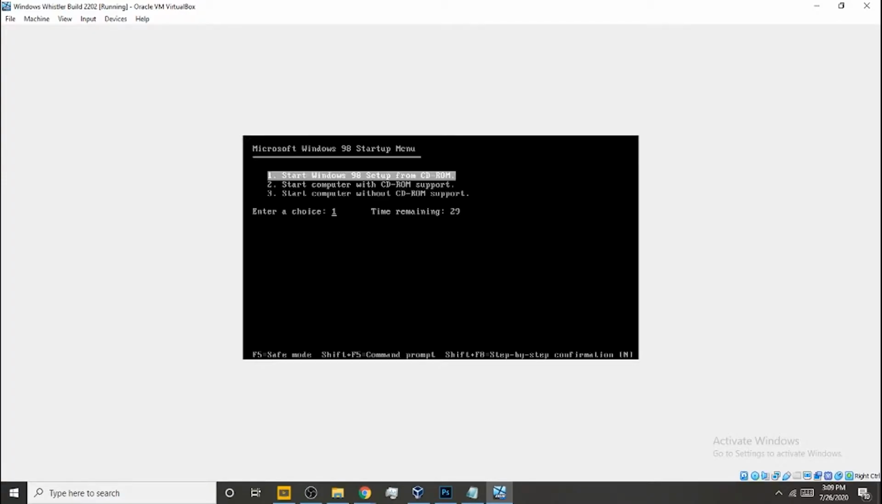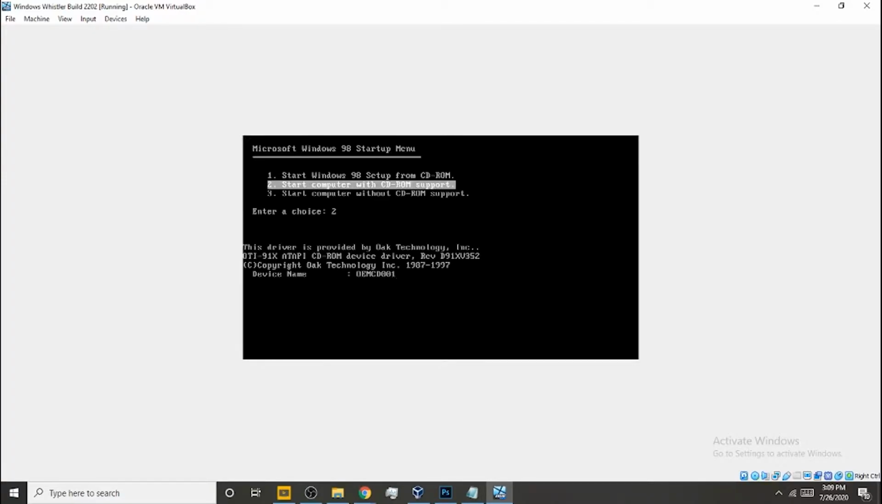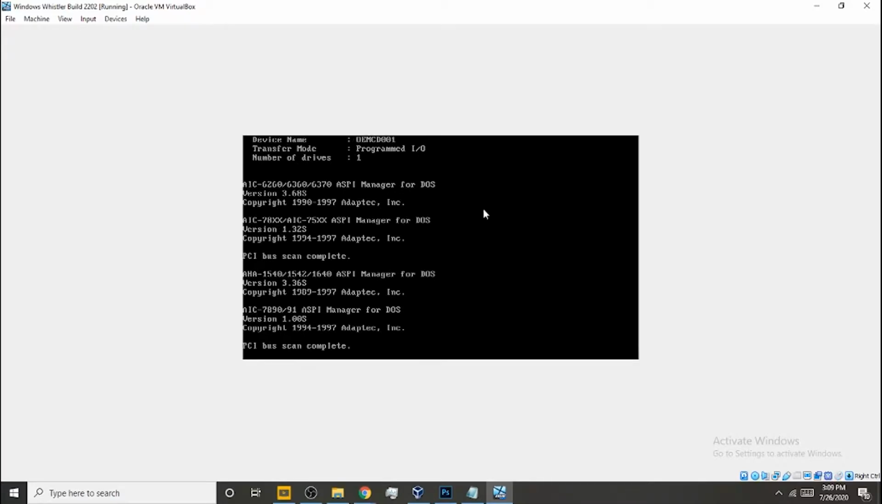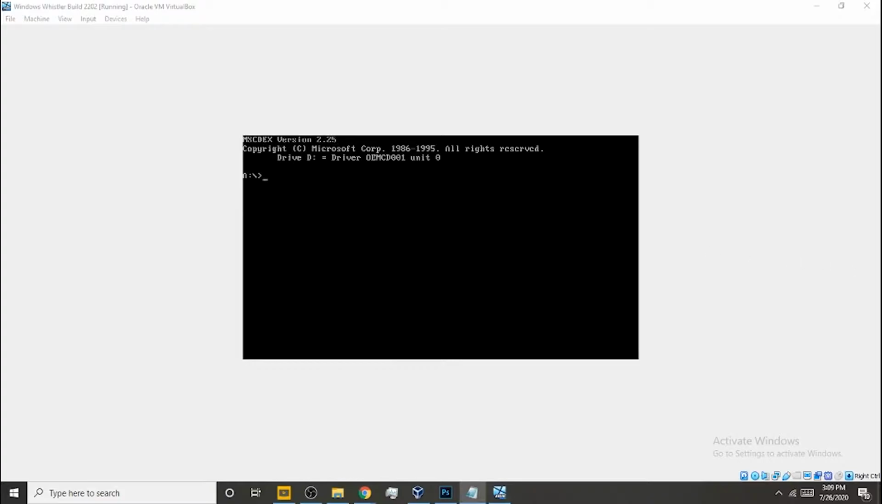Boot from CD-ROM. CD-ROM support. That's what you do. You gotta do that, okay? After that, it will do this weird stuff, and then, as you can see,